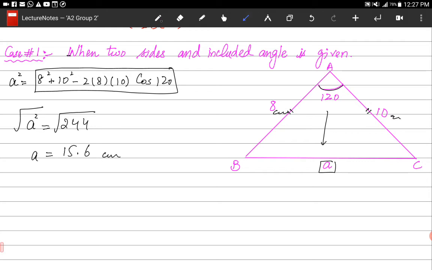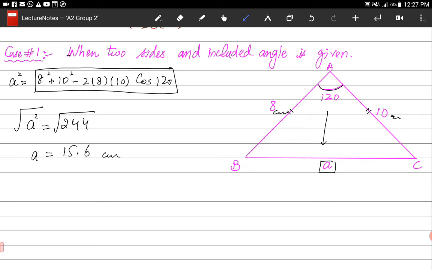So that's how we are going to apply the cos rule when we have two sides and the included angle is given. We have these two sides given and the included angle is given, it's 8 and 10. So we have a square equals 8 square plus 10 square minus 2 times 8 into 10 into cos of 120. So a square is equal to 244, and it is recommended that you put the whole value in the calculator directly. Okay, so a square equals 244. A is going to be